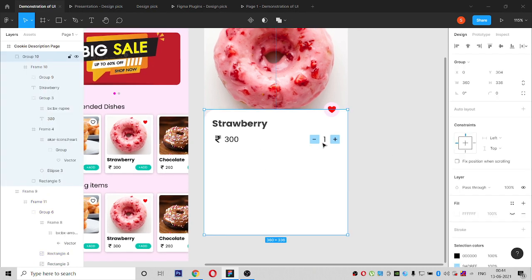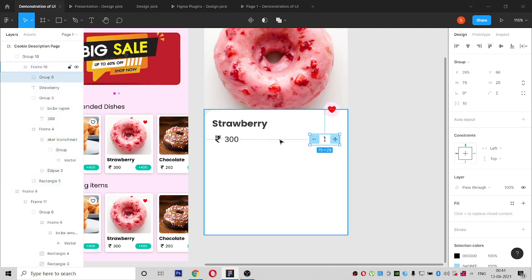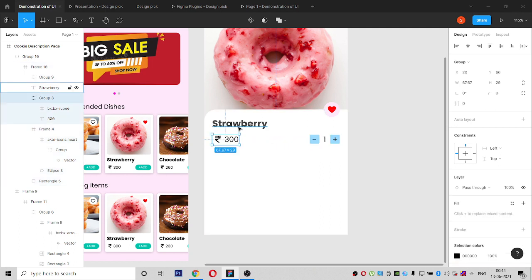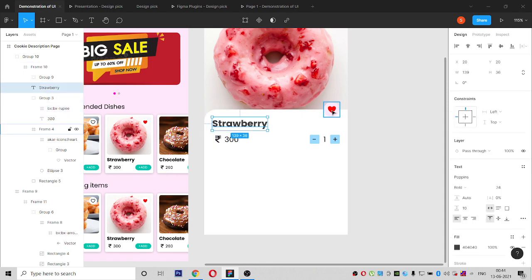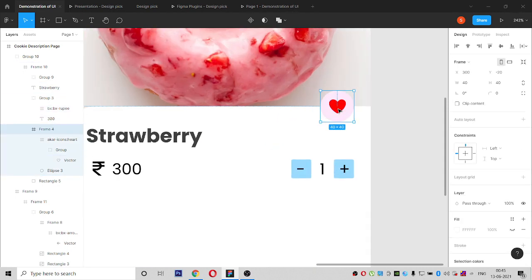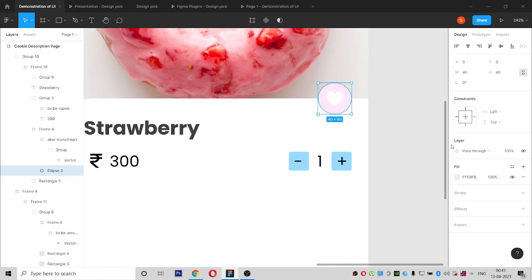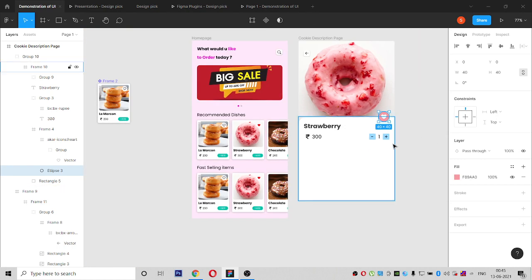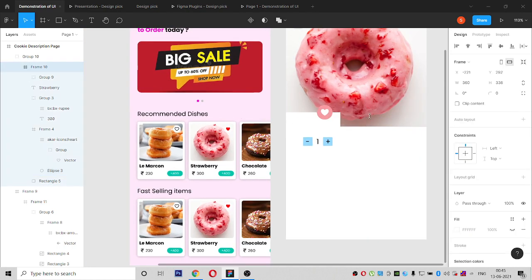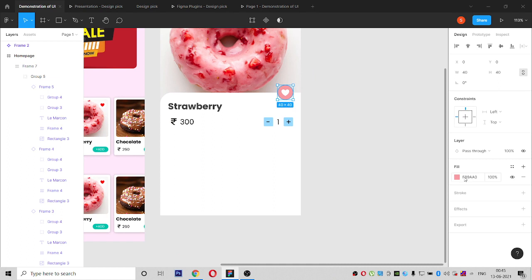So now the portion has been completed. After adding to cart, price, product name, and the wish list. This be white and this be on this color. Sorry.